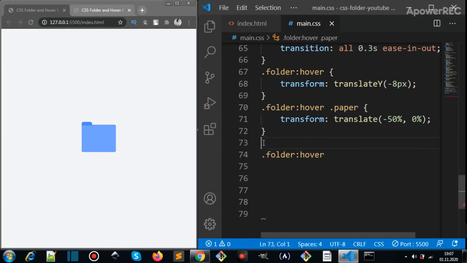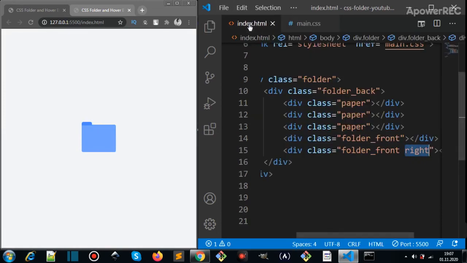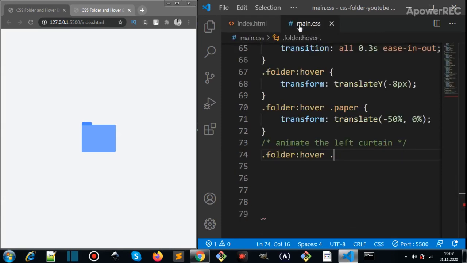First, animate the left curtain, and here let's select the first one, which is folder front. It will select both of them, but using the right class we will move the second one to the right. So dot folder front and set